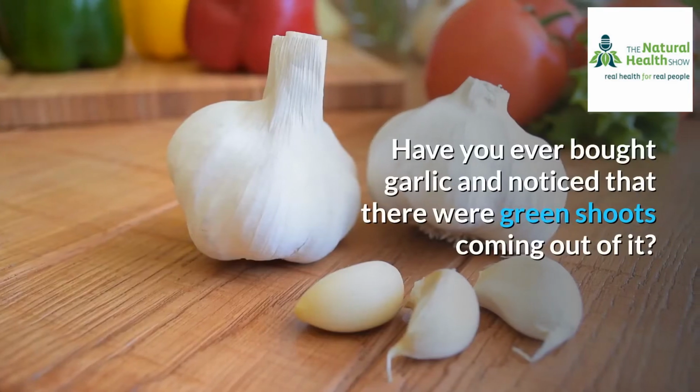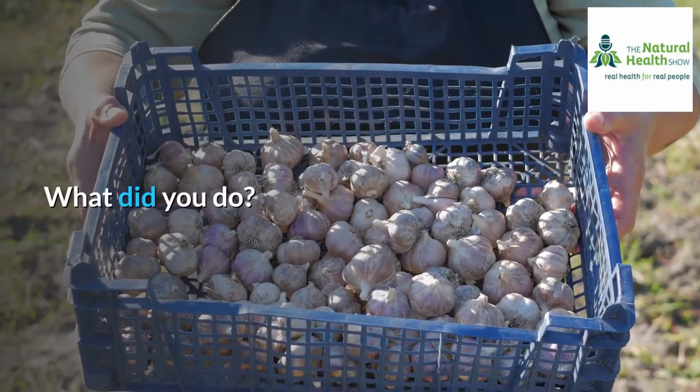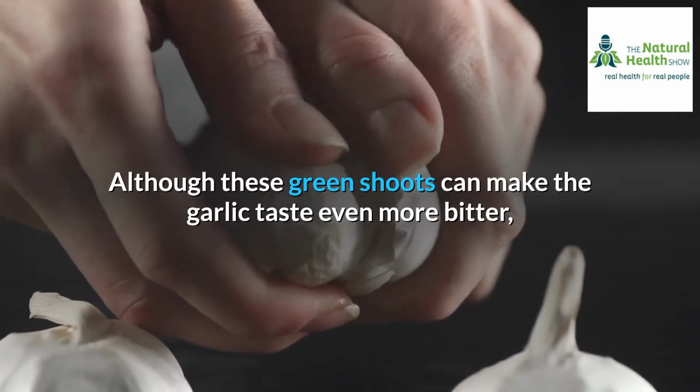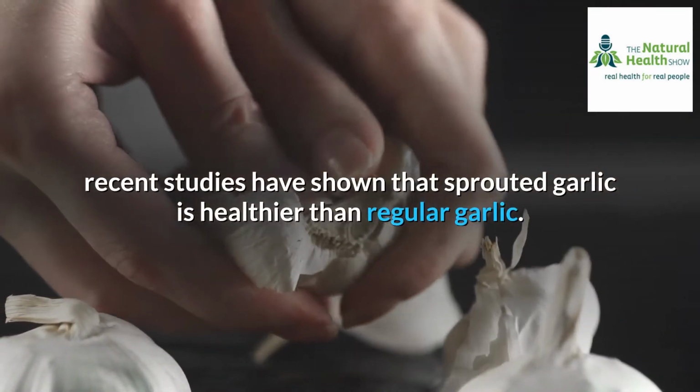Have you ever bought garlic and noticed that there were green shoots coming out of it? What did you do? If you're like most people, then you probably threw the garlic out, right? Although these green shoots can make the garlic taste even more bitter, recent studies have shown that sprouted garlic is